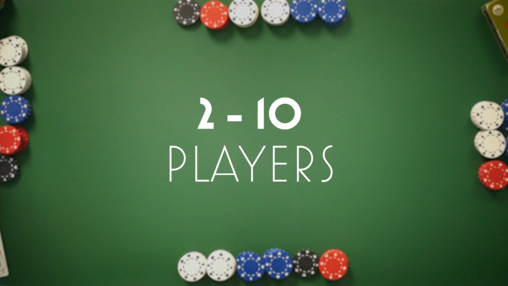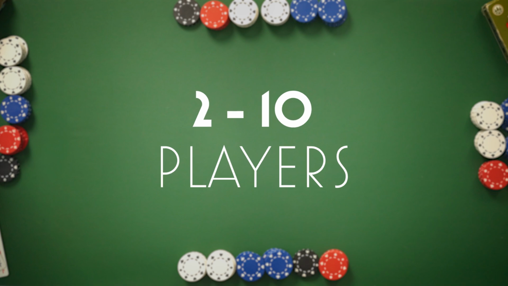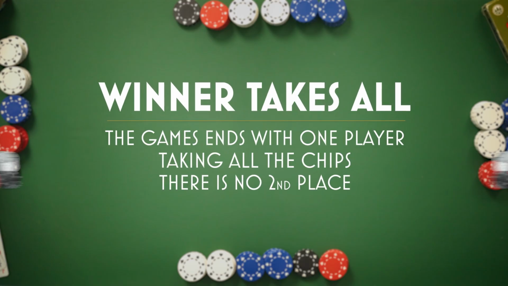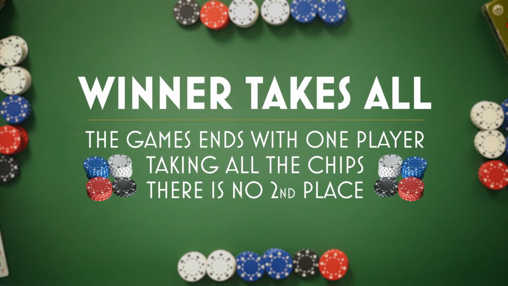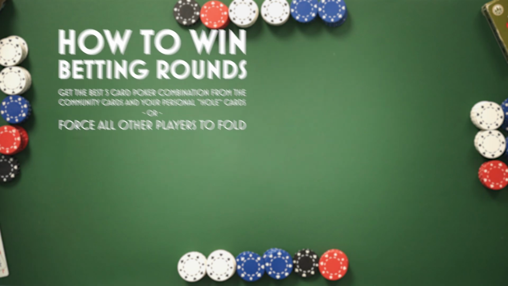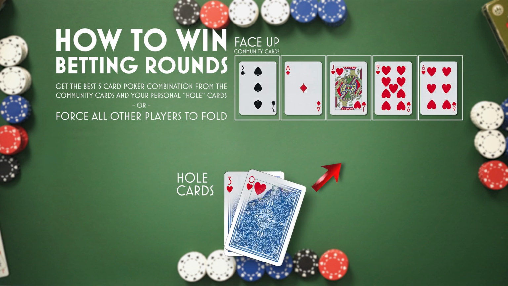Texas Hold'em is best played with 6 to 10 players. It can be played with as few as 2, but I wouldn't recommend starting with less than 4 players. The object of Texas Hold'em is winner takes all, meaning only one player wins all the chips at the end. The goal is to create the strongest 5-card poker hand using a combination of your hole cards and the 5